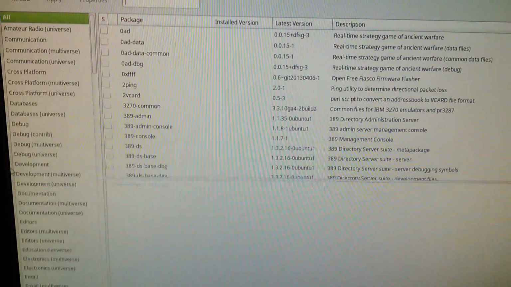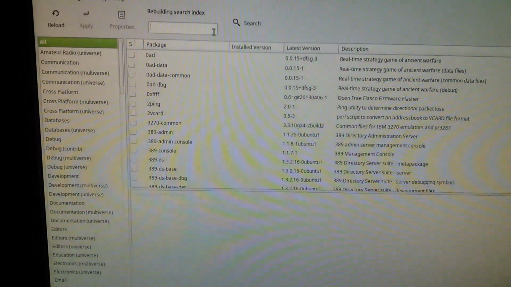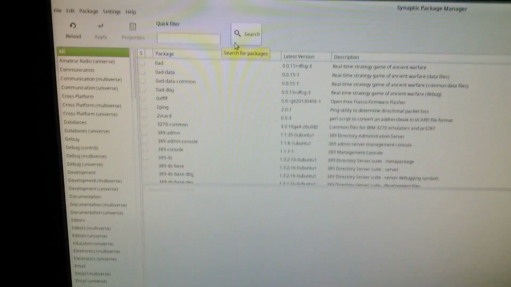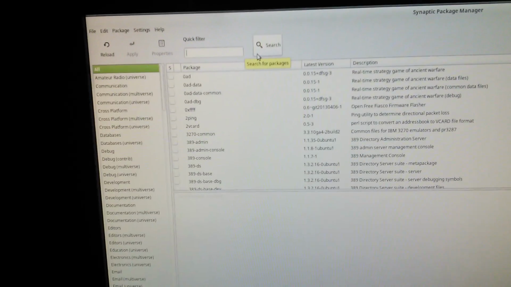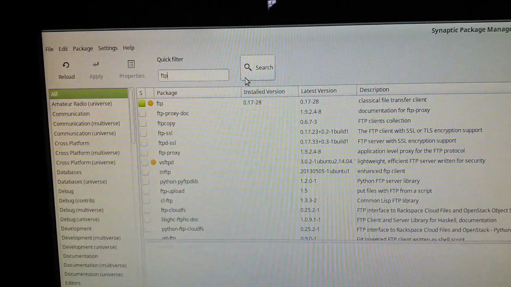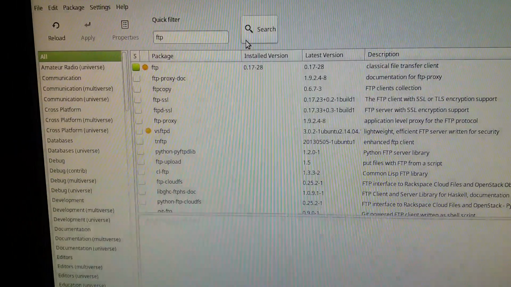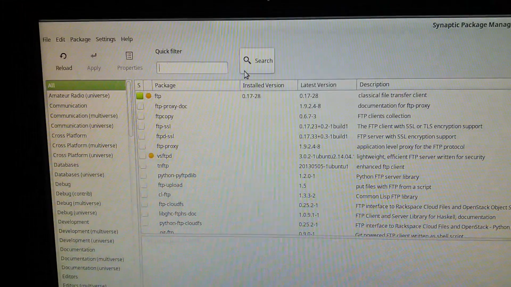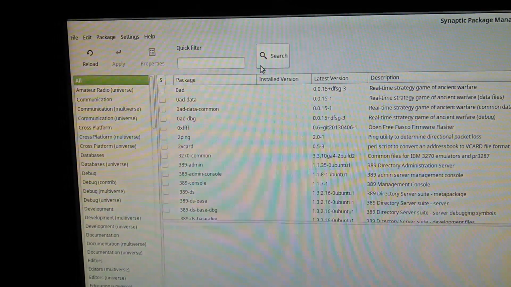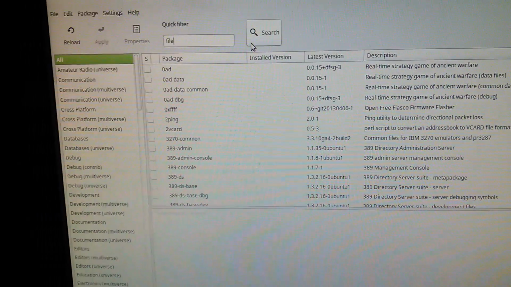And it's just simple. I want to install an FTP program. So I just type in, and I know that I can type in FTP. I could type in the name of the type of program, and it'll bring stuff up. Or if you know the category of software, or if I know the specific name, FileZilla,